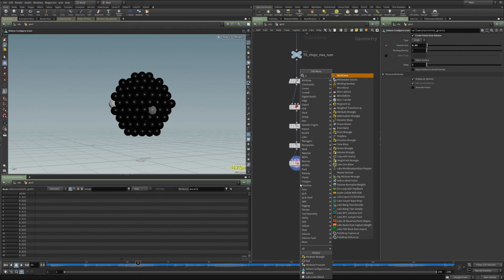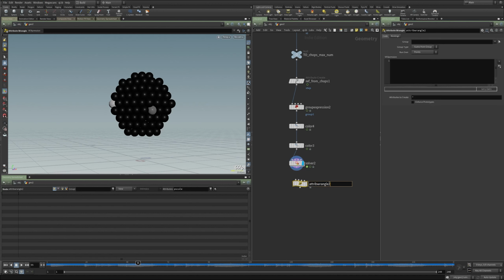So I'm going to use a wrangle. Call this p-scale modify. I'm not creating the p-scale, it's already there, I'm just going to modify it. So I'm going to say @pscale, that's saying our incoming p-scale is going to have a value added to it from the X channel of our color.